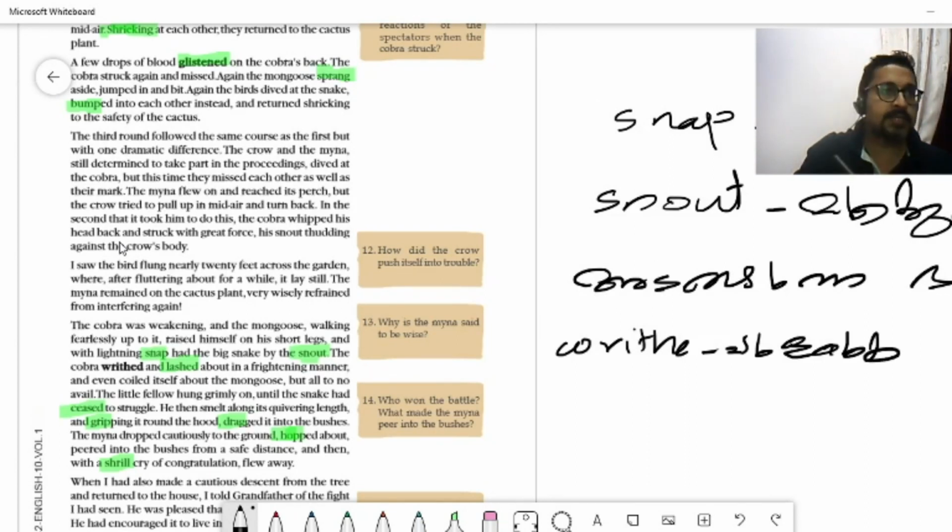Again, what did it do in return? Lashed about in a frightening manner. Lash, hit,